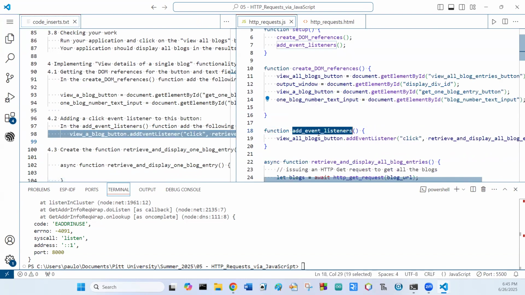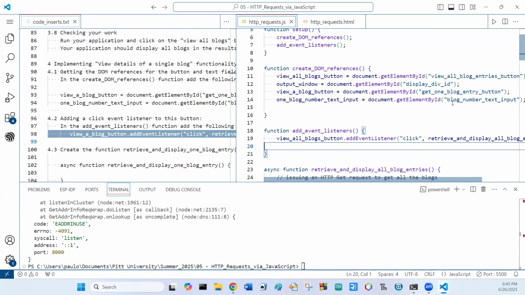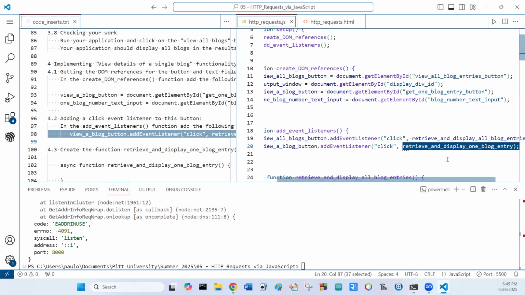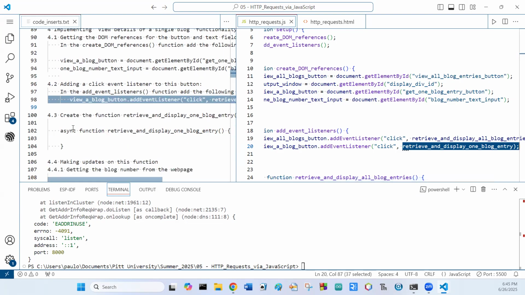And here in the event listeners, we are placing this other one here. Basically you're saying when it clicks that button, go for this function here: retrieve and display one blog entry, right? So we need to create this function, and then it's going to run when you click that button. So the function,